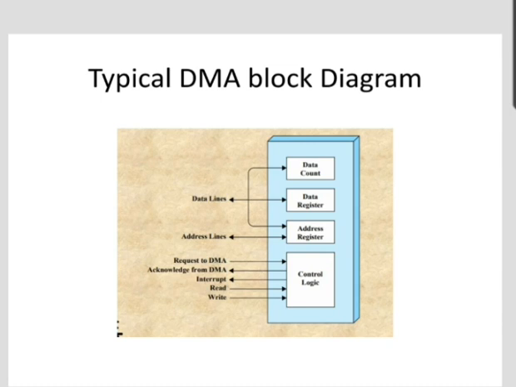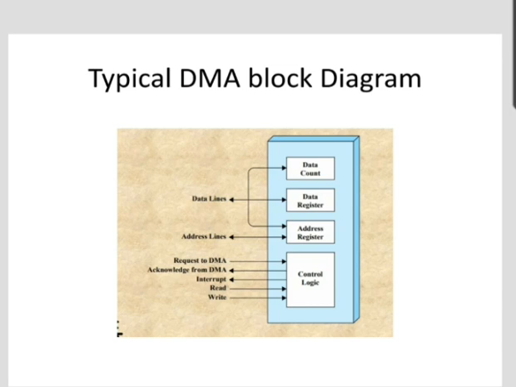When an input output is requested, the CPU instructs the DMA module about the operation by providing the information: which operation, that is read or write, is to be performed; the address of the input output device to be used; the starting location in memory where information will be read or written; and the number of words to be written or read. The DMA module transfers the requested block byte by byte directly to the memory without intervention of the CPU.